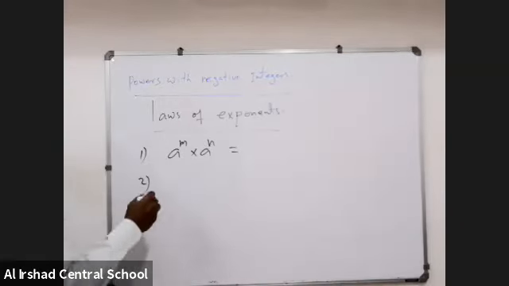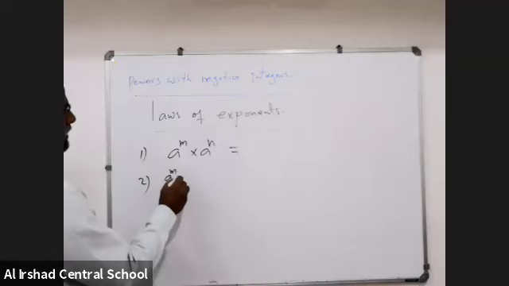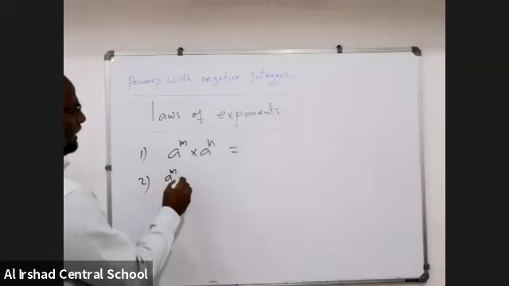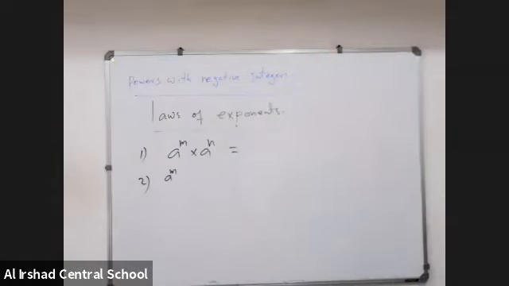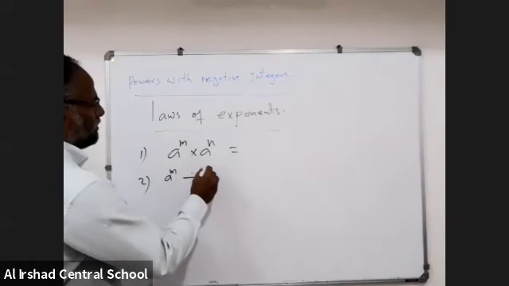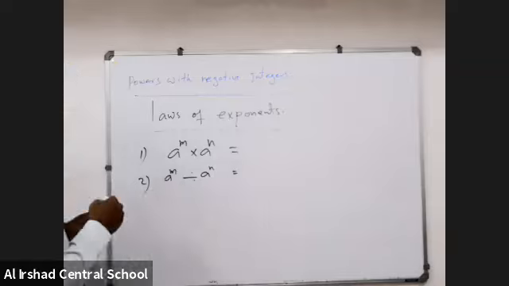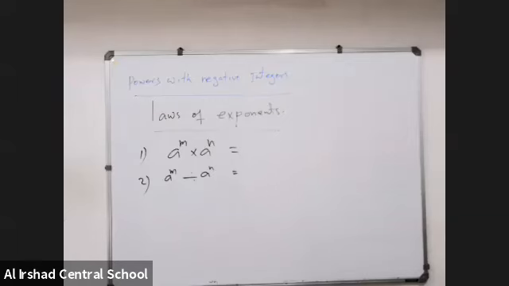Second, a raised to m divided by a raised to n. First one, please read it. A raised to m into a raised to n. What is the answer? Tell me. I will not write the answer. What is the answer? A raised to